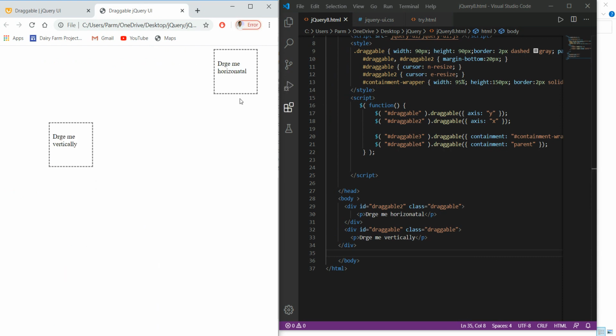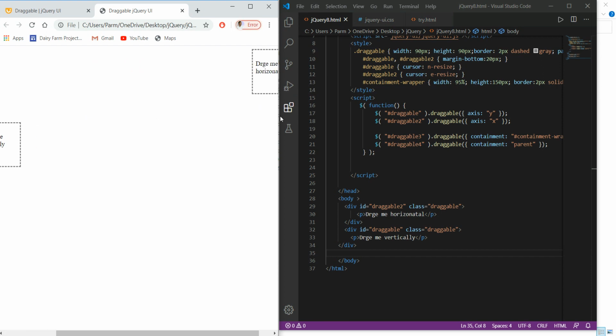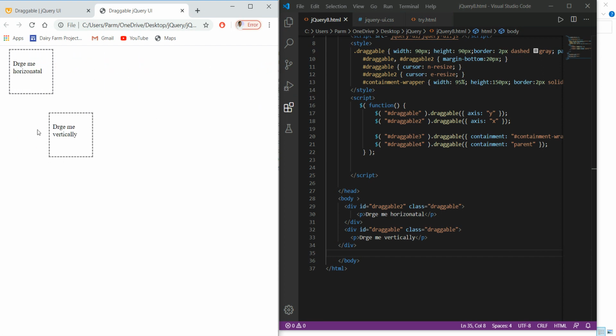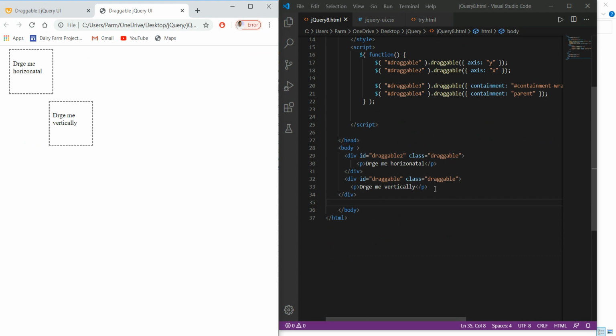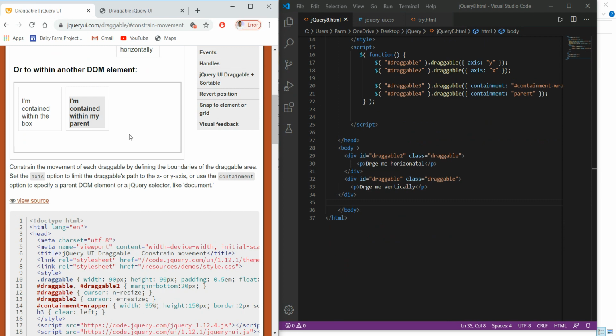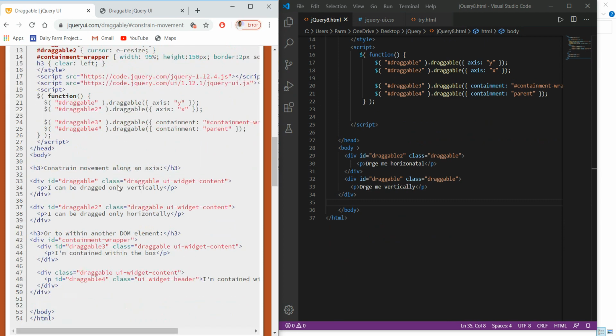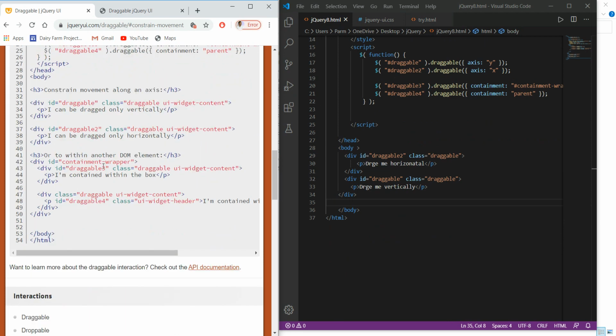If we go beyond this, the vertical scroll bar automatically appears. If we move it here, you see the horizontal scroll bar at the bottom automatically appears, but in this case we don't want a scroll bar. So what we simply have to do is copy these and paste them here.